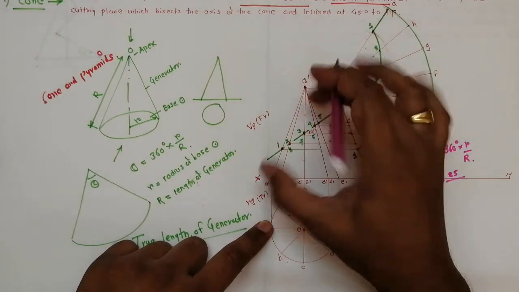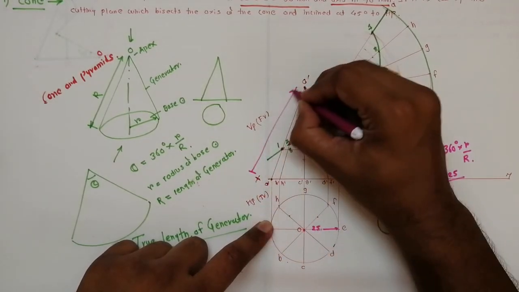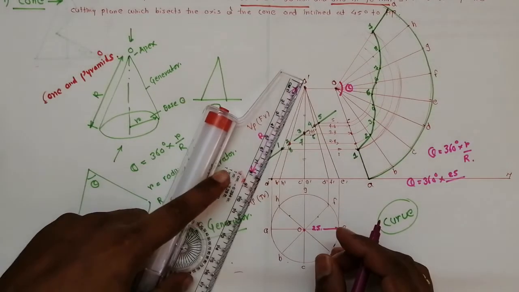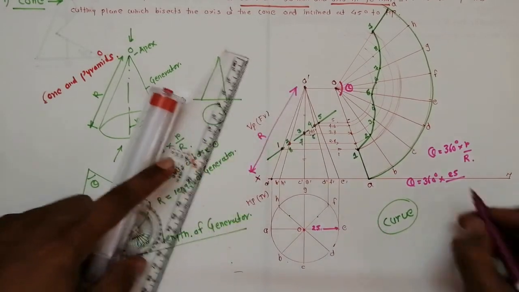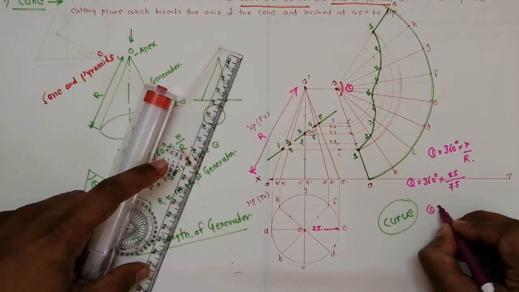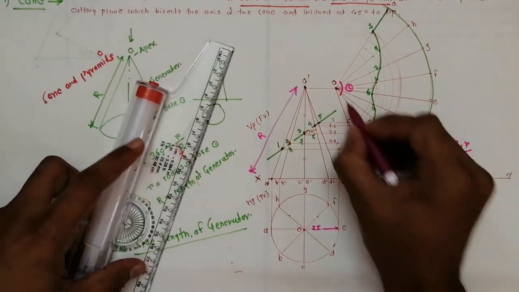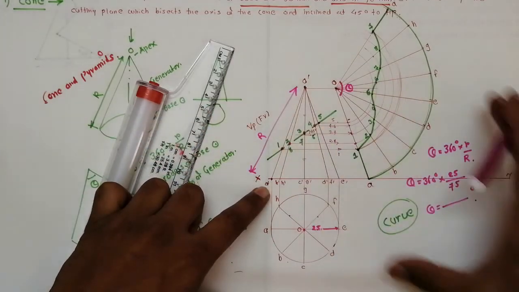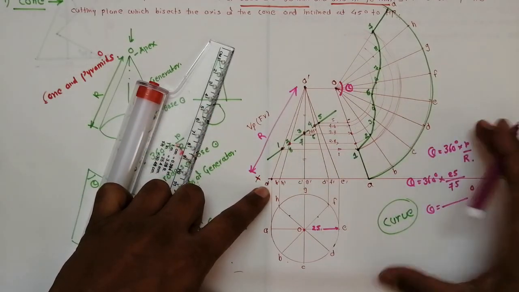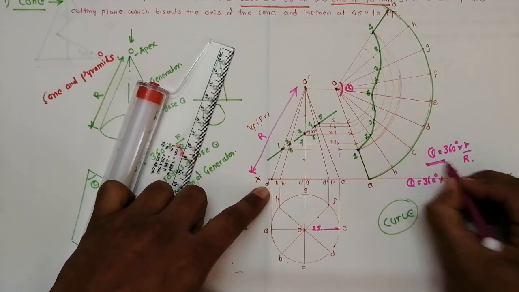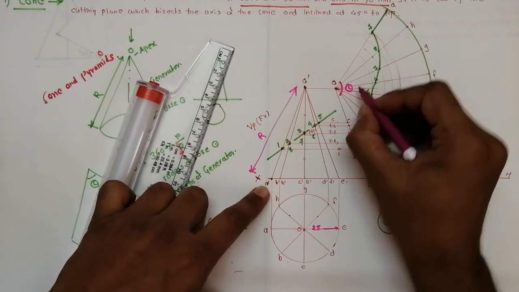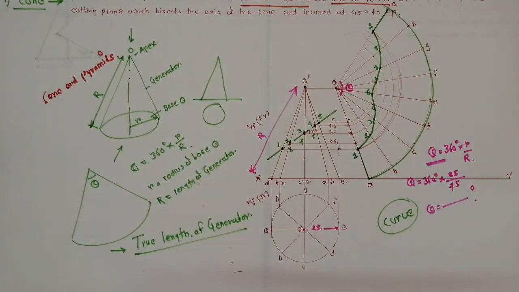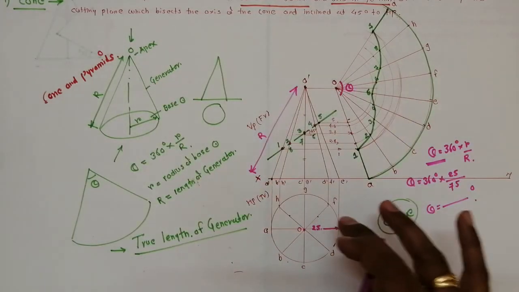Now what is capital R? It is the length of this generator. So we have to measure this distance. So this distance is 775. So you calculate this angle, so that comes in degrees, and you write down that angle here. Okay, now you complete the development something like this, and in the examination we have to calculate this angle also, and that angle we have to put here. Okay, so this is called the radial line development method for the construction of the cone.